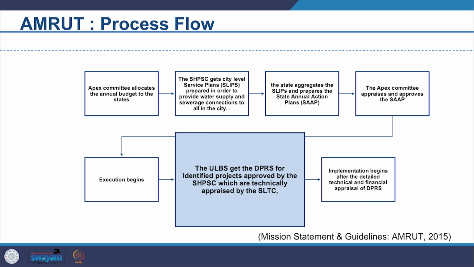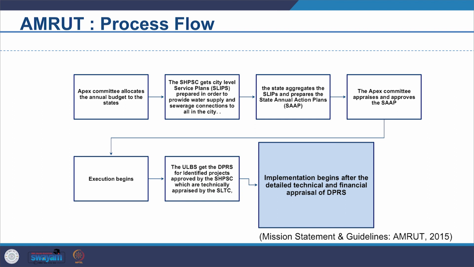According to the number of projects and the scale of the projects, the SLTC approves the funds according to the total annual budget of the state. According to the funds, the ULBs will execute the projects and float tenders and so on. There is a review team which reviews the progress of the project and recommends incentives. So, we see how the process is reversed and comes from the user. The services are also checked through the service level benchmark.